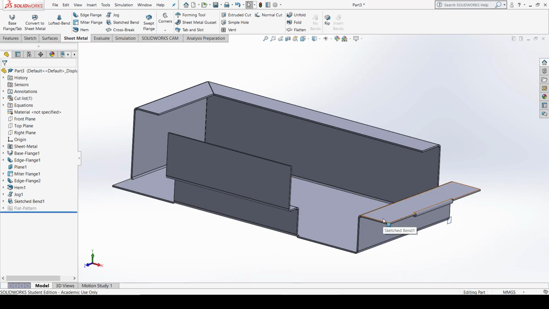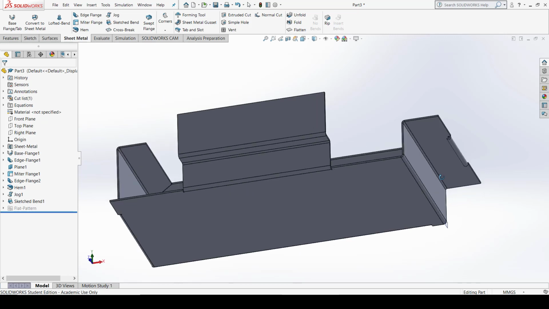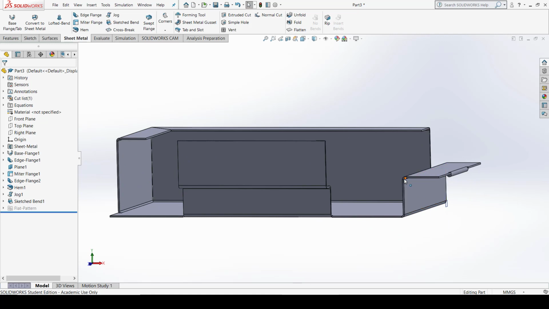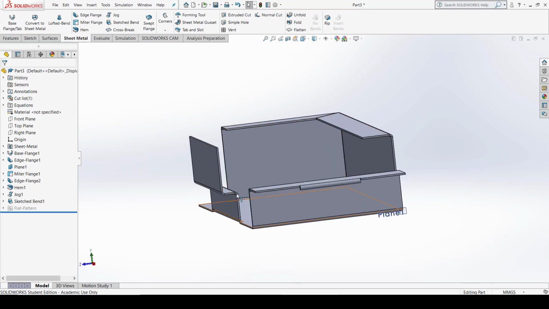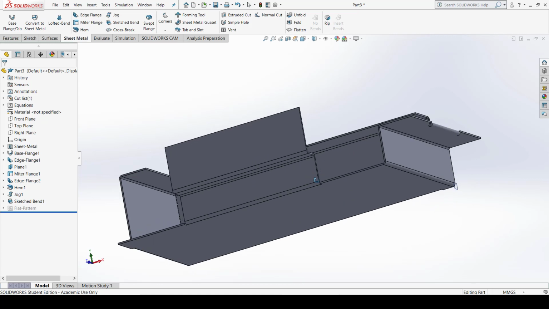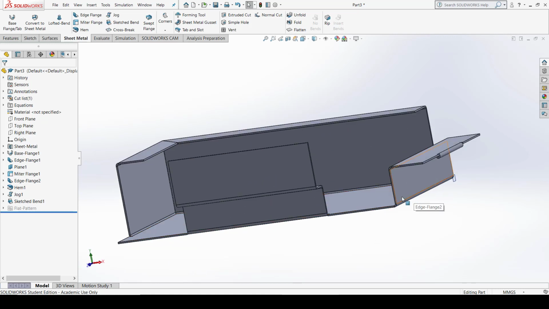Angle can be 90 or any other value, 45, 75, 80. You can choose any of the value, and this bend occurs at a sketch line which is center on this plane, and it bends to 90 degree. So entire bending takes place along that sketch line. So jog is basically your projected part of that edge flange to a certain angle. But in case of sketch bend, you just select the sketch at which you want bend.